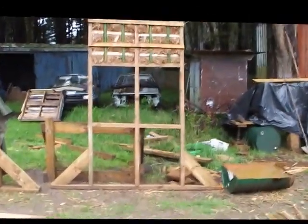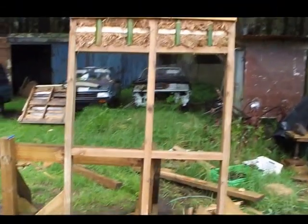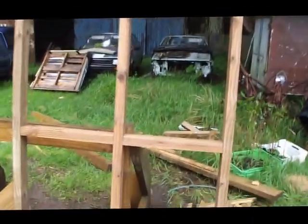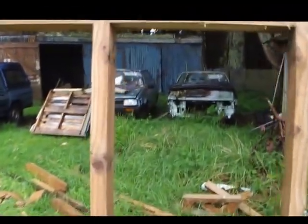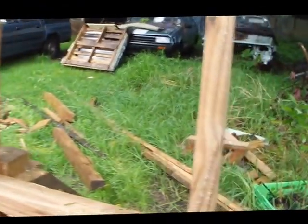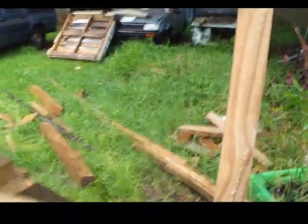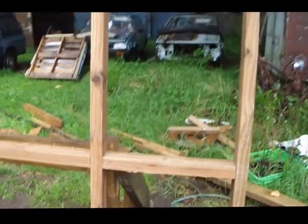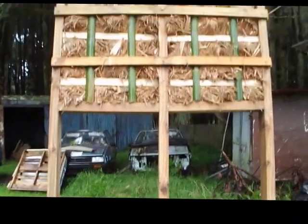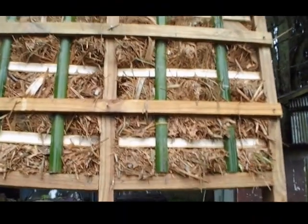So this is a trial with conventionally timber framed wood. It's just your standard 60 centre studs with 800 millimetre centre noggins. This is your classic Kiwi timber framing, and we've just done the top two panels,